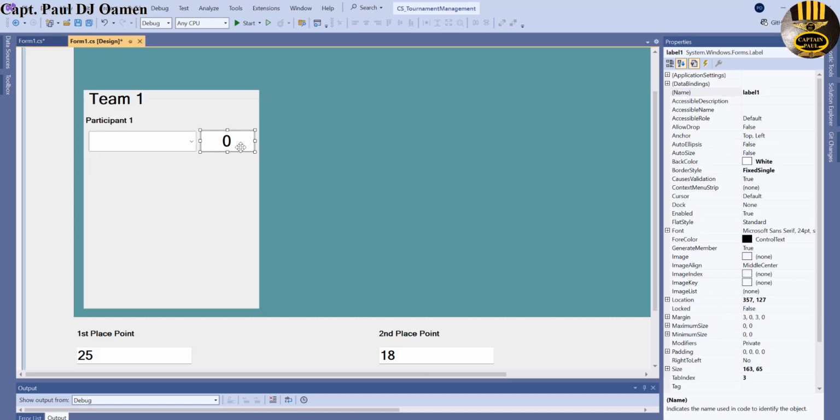Now, this label there, that's going to be known as LBL Team 1 S1, LBL T1S1. Okay,